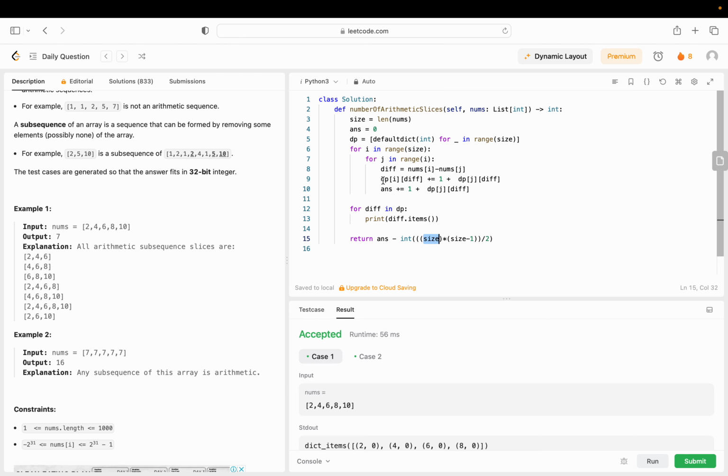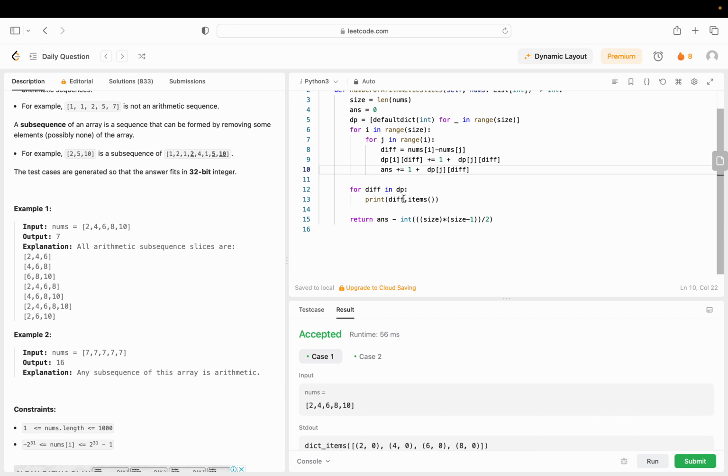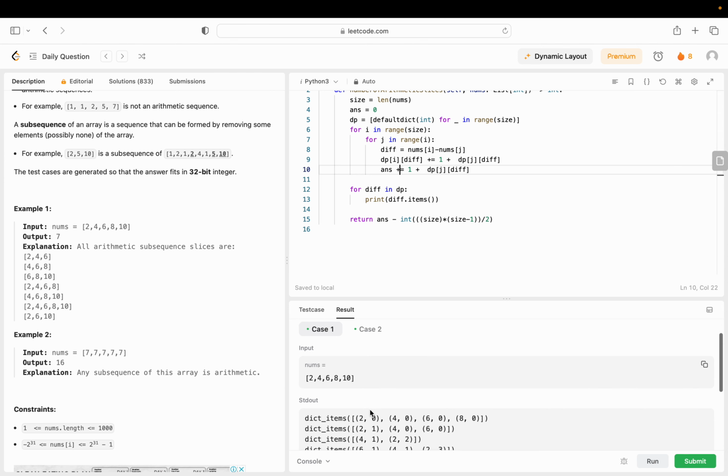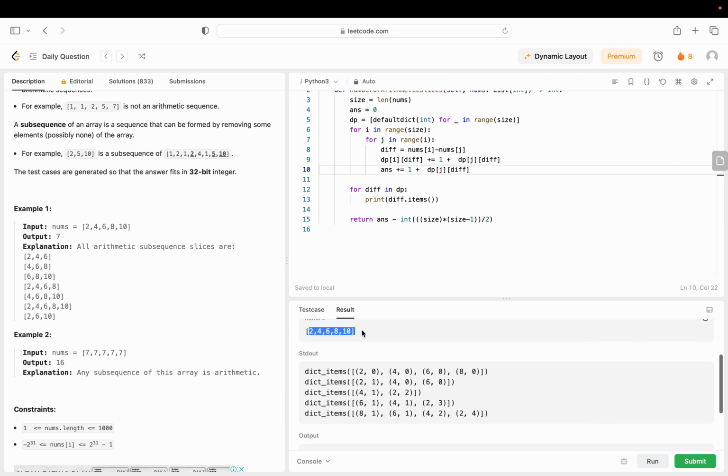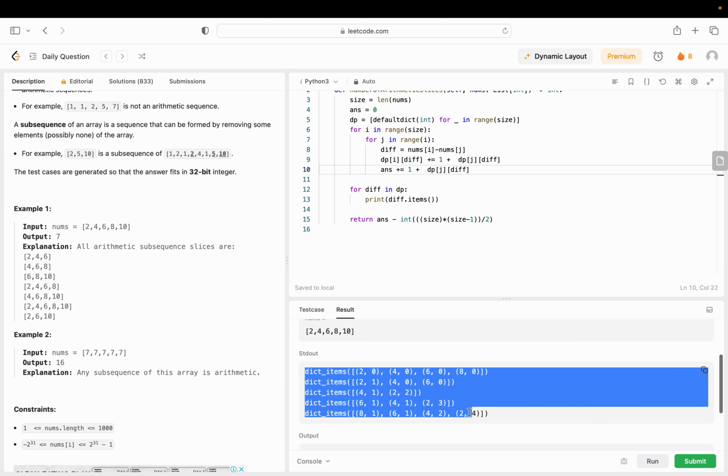So yeah, this is what we are doing over here, and I am adding the same thing in the answer as well, because we'll have to iterate again in the entire dictionary, so why not do it over here itself? So that is what we are doing. Now I have printed it so that you can see the dictionary in a better manner. So we see that there are 5 elements. So these are 5 dictionary items, and